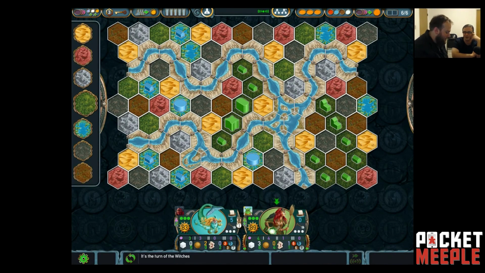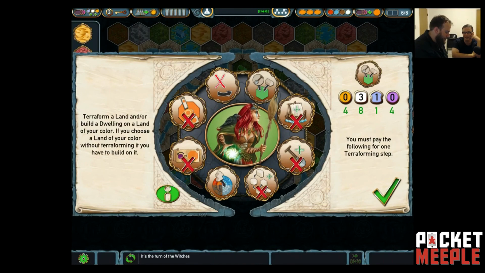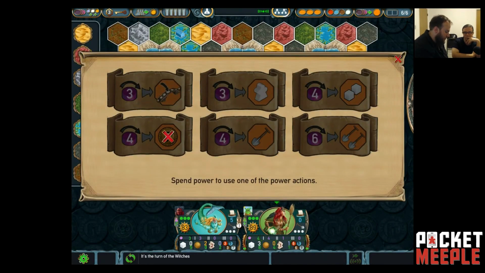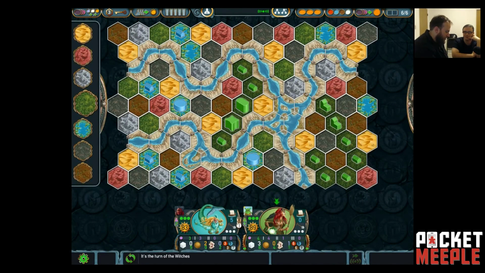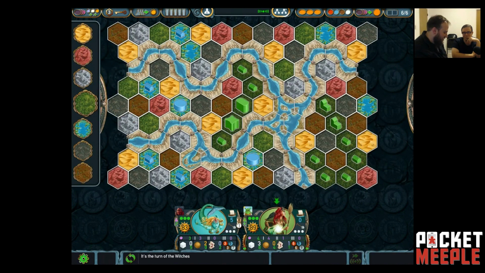Yeah. Okay, that's fine. So what else could you do though? So you can go up on the priest track. Mm-hmm. What's that one on the very top? Oh, terraform a land or build a dwelling. Okay. Yeah, I don't see a way to do that. I'm out of power. I can convert my 1 priest into 1 worker, and that would give me 4 workers, and then I convert 1. I still don't think it'd be quite enough. Because then I spend...